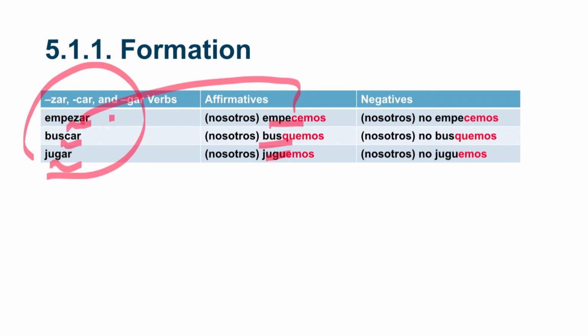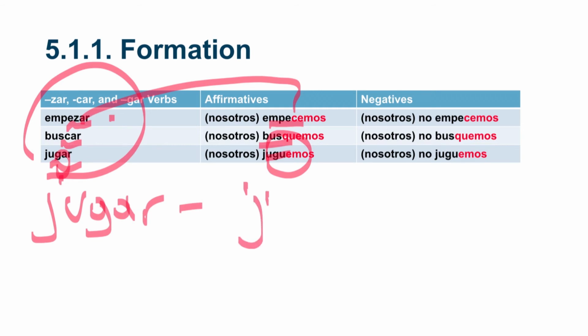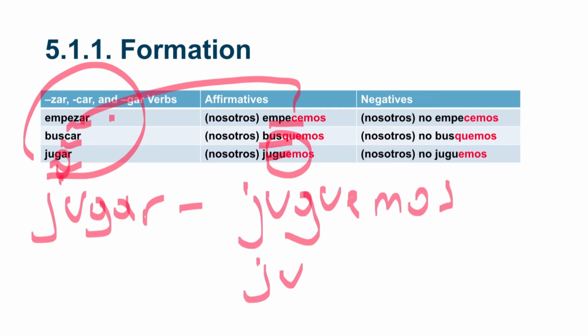The C changed to QU, busquemos. And this G changes to juguemos. I want to focus on jugar. Why does it have a change? Because of pronunciation. If you only write that without the U, it will sound like "juemos," and that is not a word in Spanish.